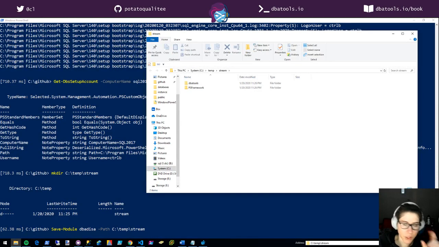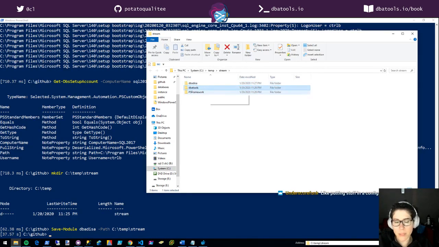So now it's just going and getting each of those, and then you could throw that in a zip, and they're like NuGet packages, and then copy them to your environment. So the published one, I've made some changes locally that I haven't published to the PowerShell gallery. The published one only relies on DBA tools and PS framework. Yes, totally.